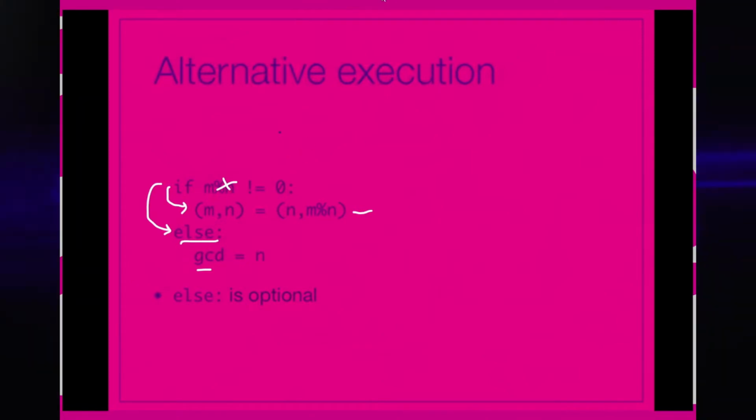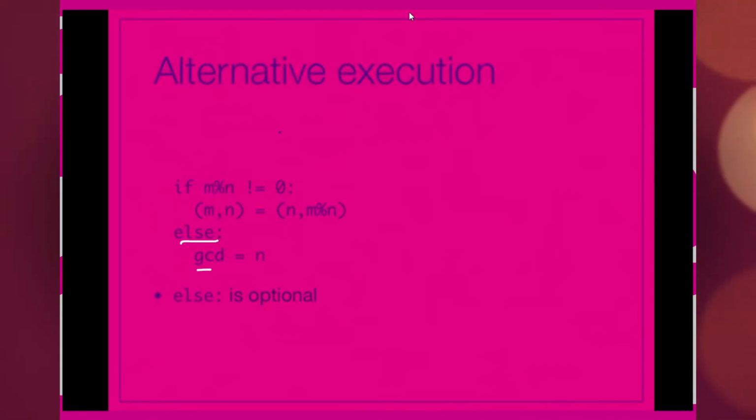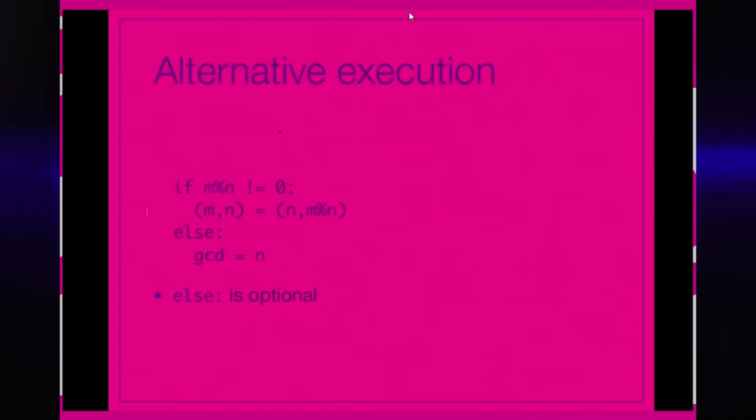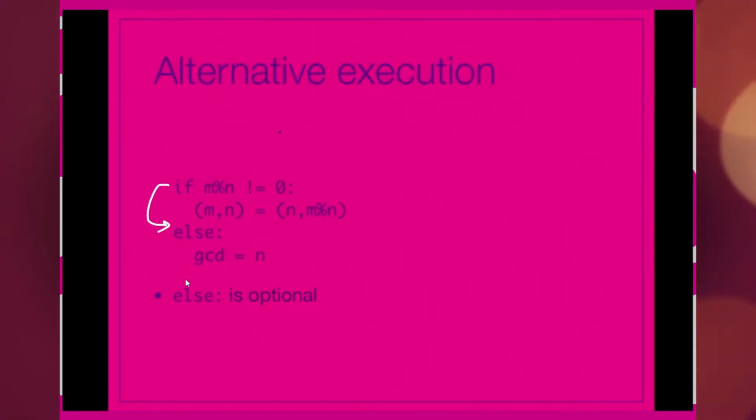I hope you have seen this in C and C++ as well. When we go for if else statements, we usually take two conditions inside it. If our first condition is true, we'll go for that logic. But if that condition is not true, then we'll directly switch to the next condition, that is the else condition, and by default that's going to execute. So I hope you got this.